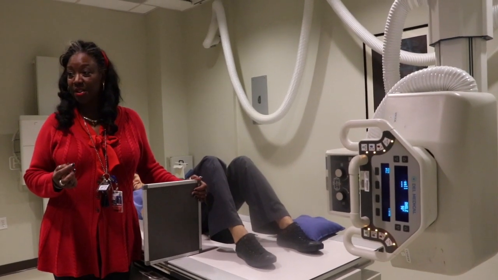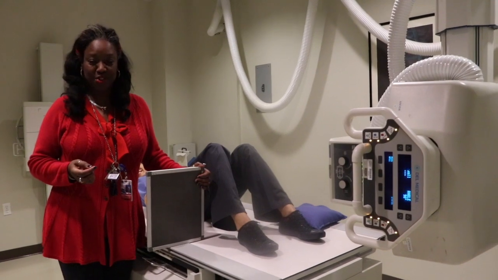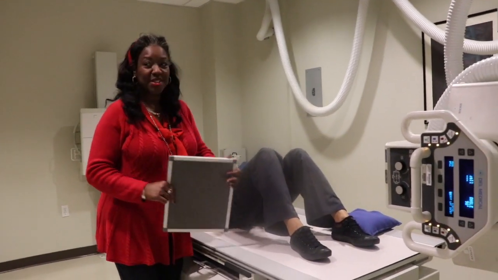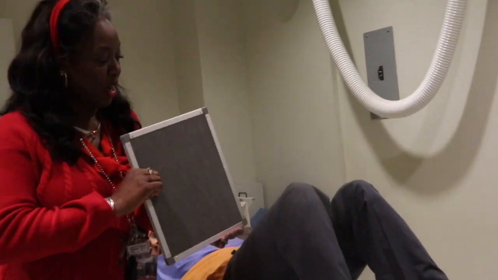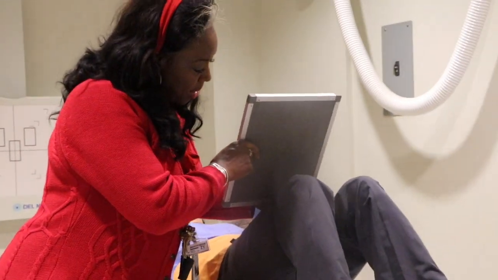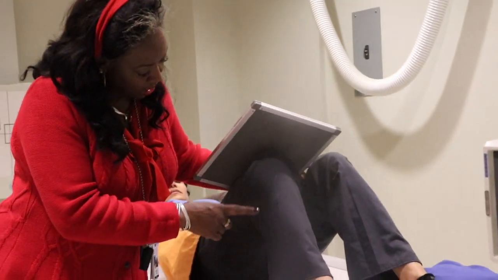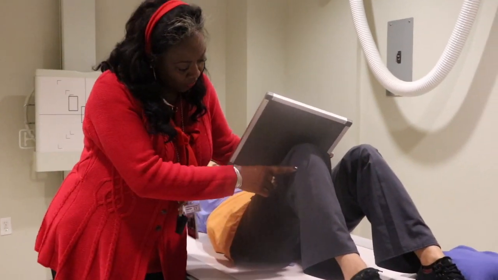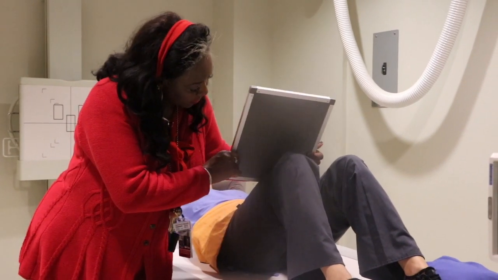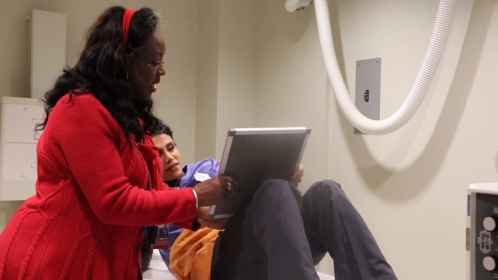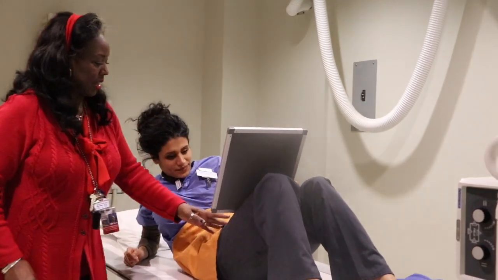Now we're doing an inferosuperior projection, which is a tangential projection called a sunrise projection. We're going to use a 10 by 12 and place it in a portrait fashion. We're only going to do one knee at a time here, okay? So basically, you want a 40 to 45 degree angulation of the part. So we want the leg flexed 40 to 45 degrees. We're going to have our patient, either the patient can sit like this on the table,